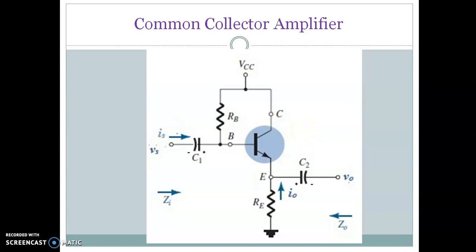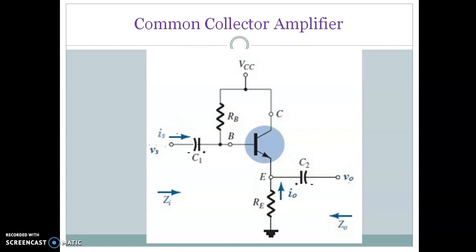Okay, the role of the input coupling capacitor is to block the DC voltage that would be entering from your signal source, to avoid disturbing the operating point. And the role of your output coupling capacitor is that we want only the AC variation at the output, and the DC voltage should be blocked.